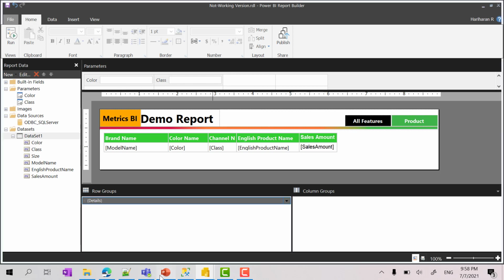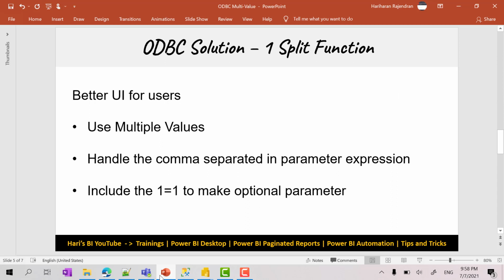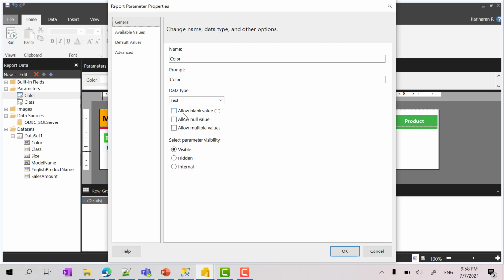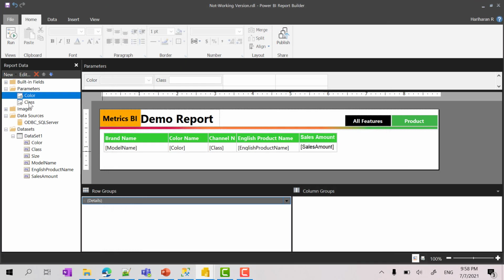So that's where we have the steps. We have to enhance the UI so that it will be easy for end users to select the values one by one, in case we have a list of values, or they can still enter them manually one by one, considering multiple values, and we can provide a solution like how we usually get, right? So we have to improve the UI. What we need to do is to consider that UI change. Just make this allow multiple values, and then class.